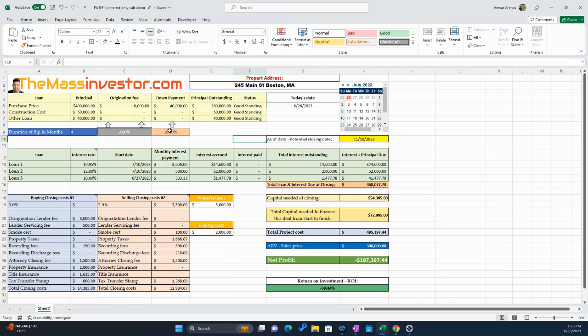Now, even though it says here 10% you're putting down, really your borrowing is the $40,000. At this point, you have to know the system. You have to work the system, or this specific spreadsheet, right? So what you have to do is, what's 10% of $400,000? That's $40,000. So what's 400,000 minus 40,000? That's $360,000, right? So what we want to do at this point is take away the 10% here, go to 0, and change this to